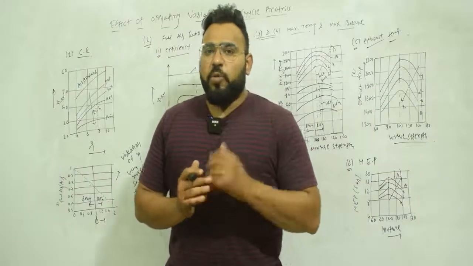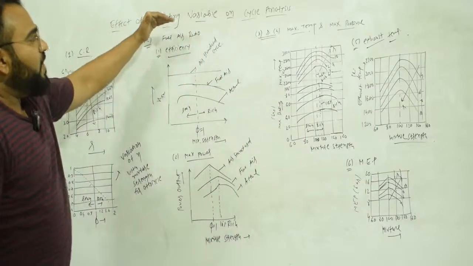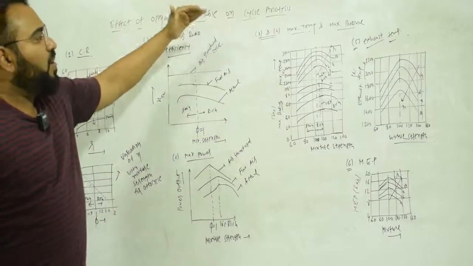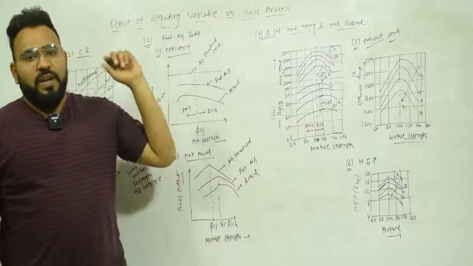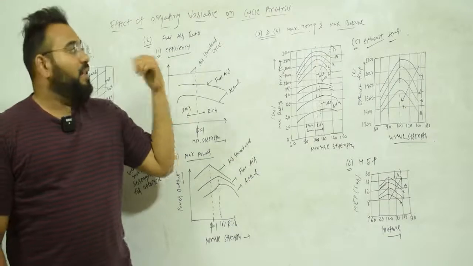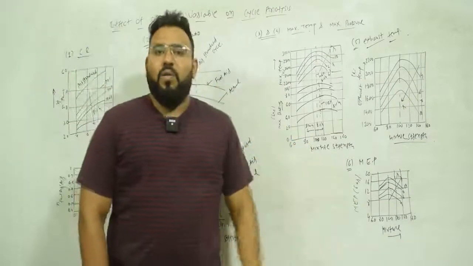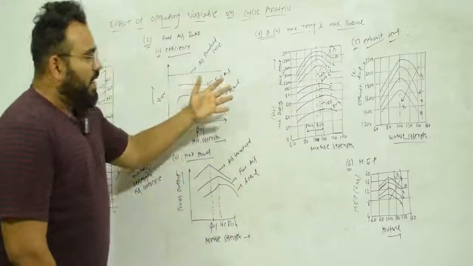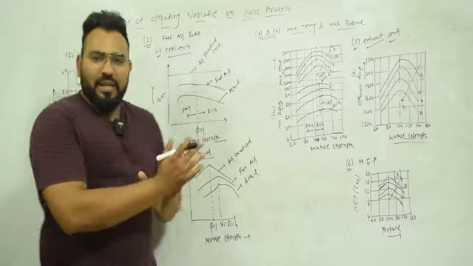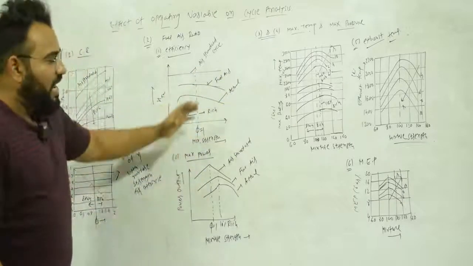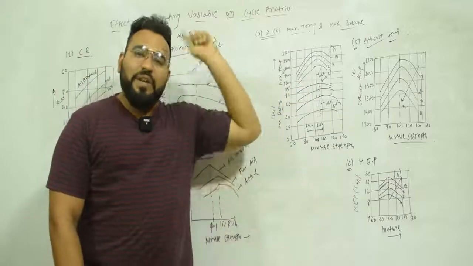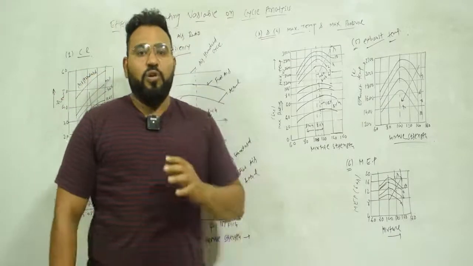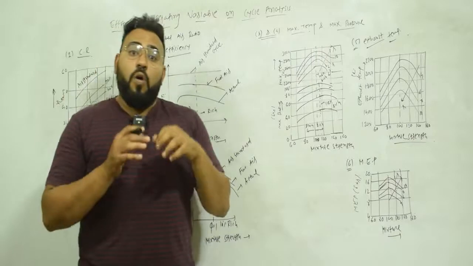Now we're going to see another topic, which is the effect of operating variable on cycle analysis. The topics that we have taken up recently and the topic that we are going to take up right now are what you can call mug up type topics, because here it is not theory that I am going to explain about why this is happening. This is just a graph. You can see graphs in this theory, and also in the previous theory you have seen the graph.